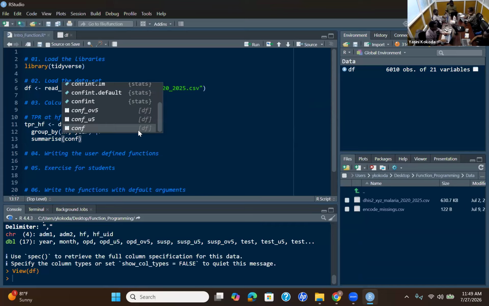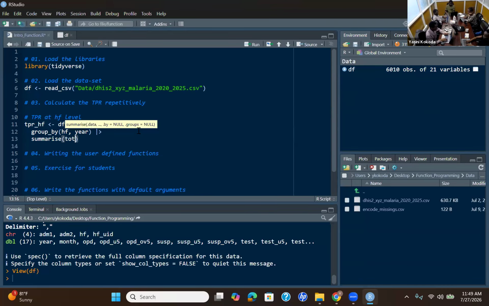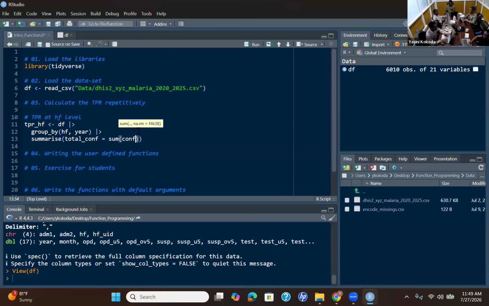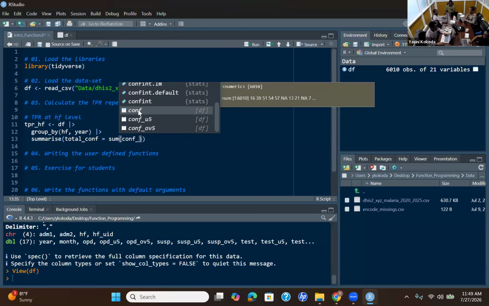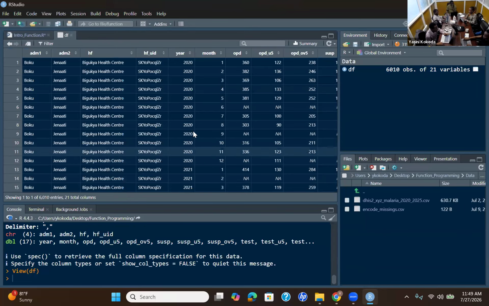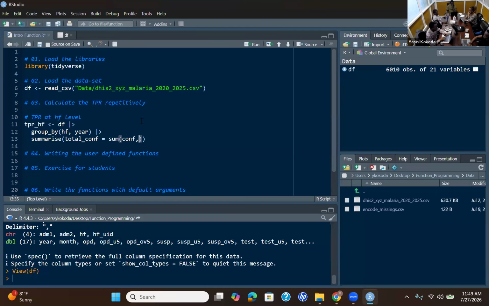So we want total confirmed cases, which is sum of conf. Use this variable conf. As you saw in our data frame, in almost each variable we have these missing values. So you need to specify in the sum function how the missing values should be treated when you are taking the summation.